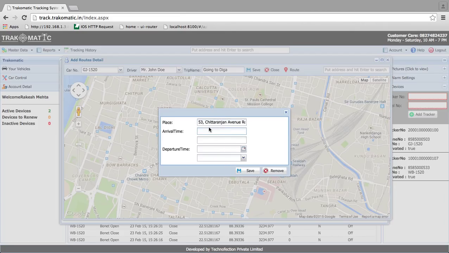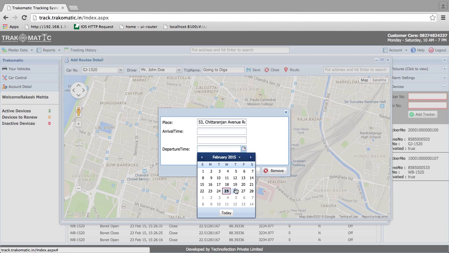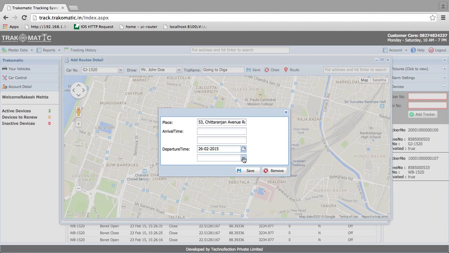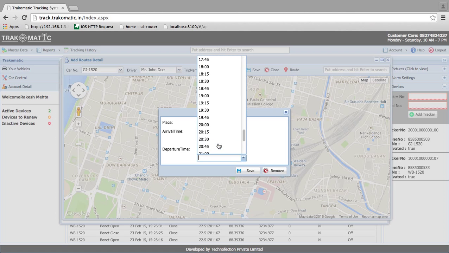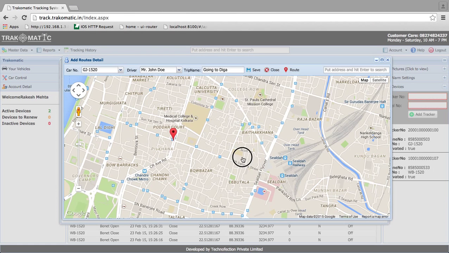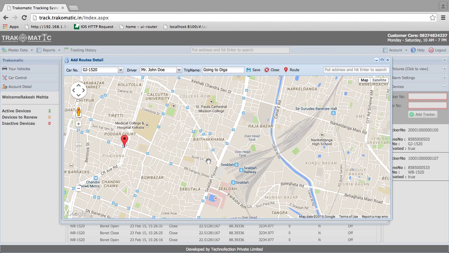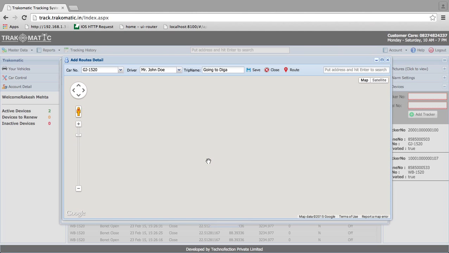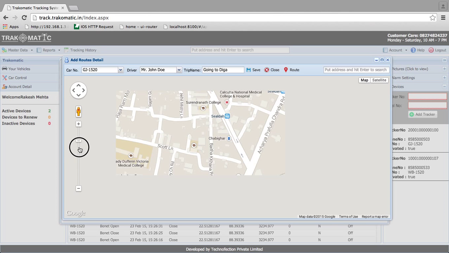The arrival time is disabled, of course, because this is the first point, so there is no arrival time. There will be a departure time. So you select a departure time. Say maybe the trip is tomorrow, and it will be departing at 11 a.m. in the morning. So I click save, and I'll be starting from here. I'll just scroll the map, zoom down the map,